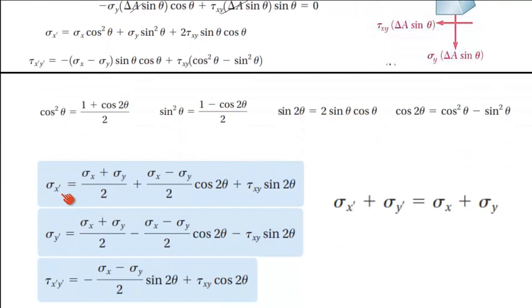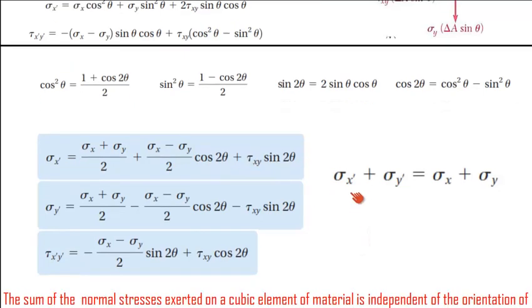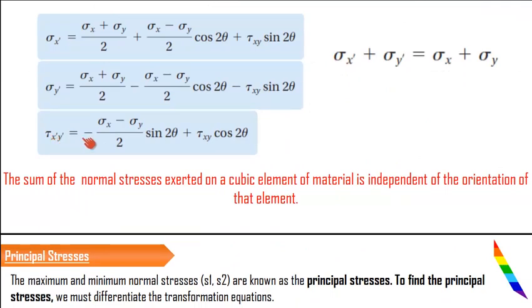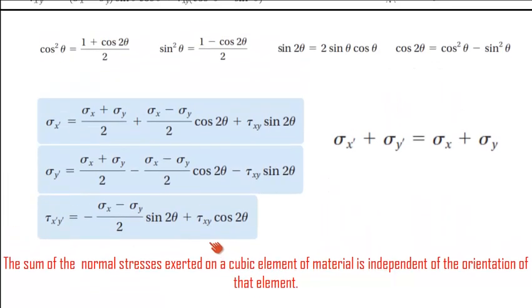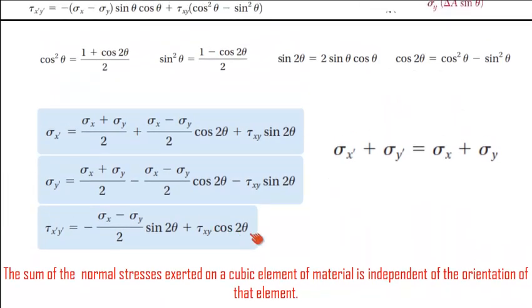All these substitutions we make in these two equations, and what we are left with is sigma x dash equal to sigma x plus sigma y by 2 plus sigma x minus sigma y by 2 cos 2 theta plus tau xy sin 2 theta, and also tau x dash y dash is equal to minus of sigma x minus sigma y by 2 sin 2 theta plus tau xy cos 2 theta. This is what we obtain. And sigma y dash is the normal stress in the y dash direction. This is not considered in general. These two are very important. Sigma x dash is the normal stress in the new plane, and tau x dash y dash is the shear stress in that particular plane.